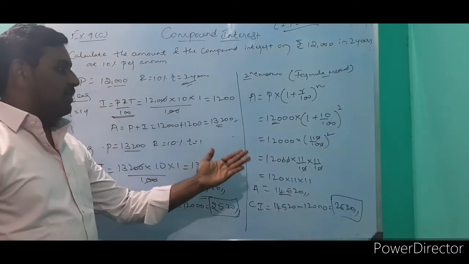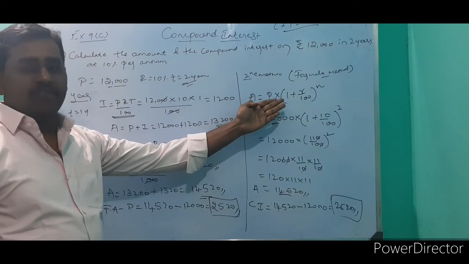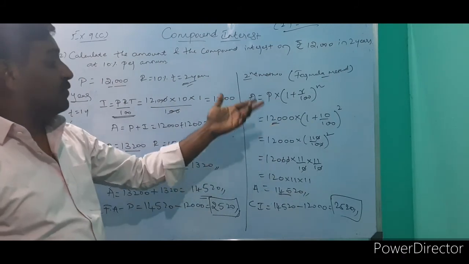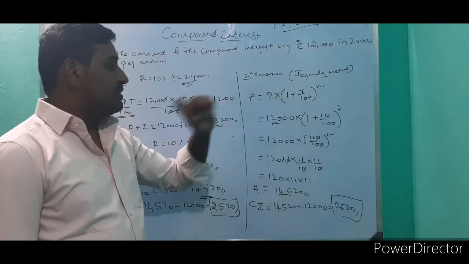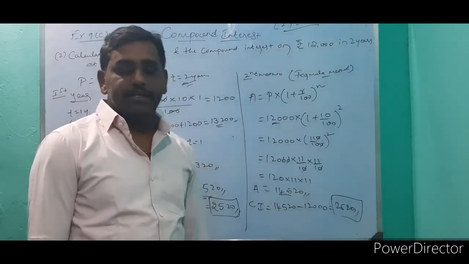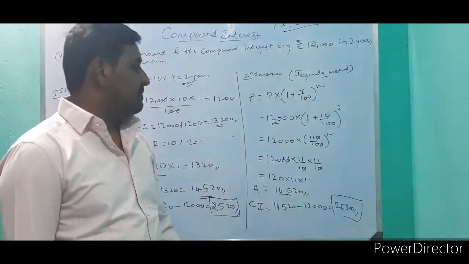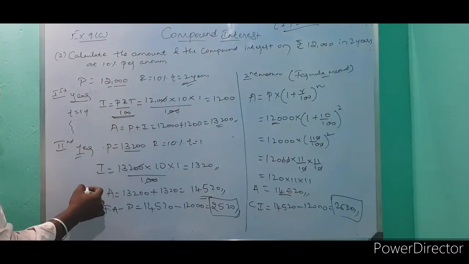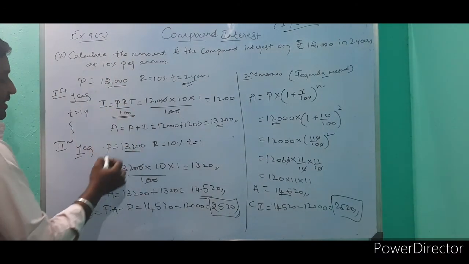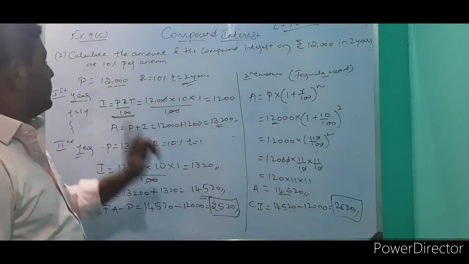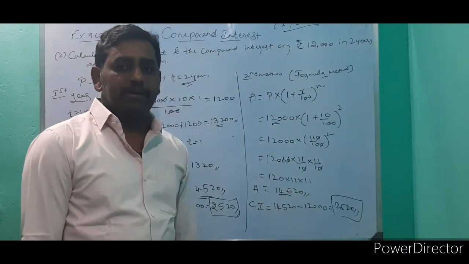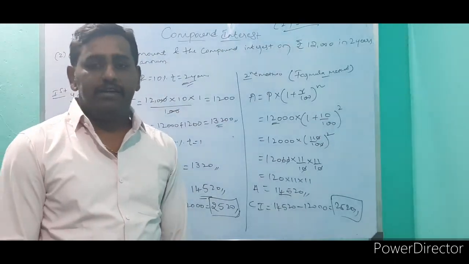So there is a little bit of change here. I am directly applying the formula to find the total amount for 2 years and subtracting the principal amount from the 2-year amount, and you will get the compound interest in the formula method. Here, year by year we are finding, P is different for the 2 years, and finding the total amount; final amount minus principal amount is the same, finding the compound interest.